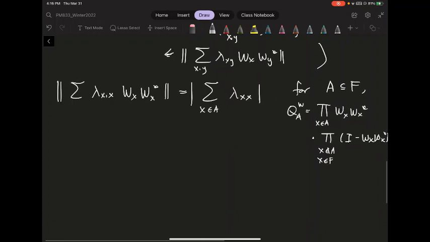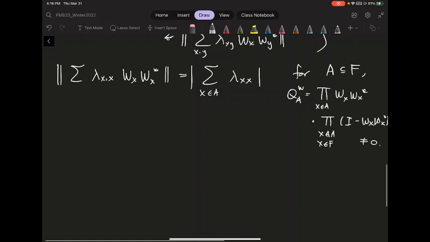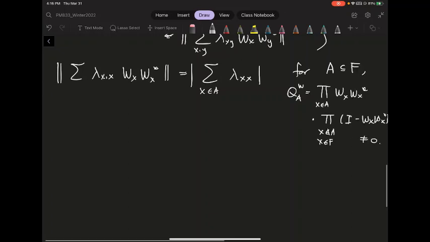And for some of them, it will achieve the maximum. So for some Q_A^W, where this projection is non-zero, it can attain the maximum, and that will give you the norm. All right. And so what we have is that, if you look at what happens when you multiply